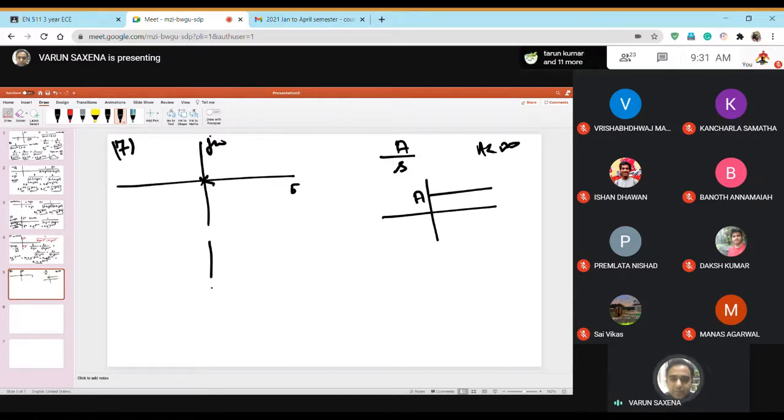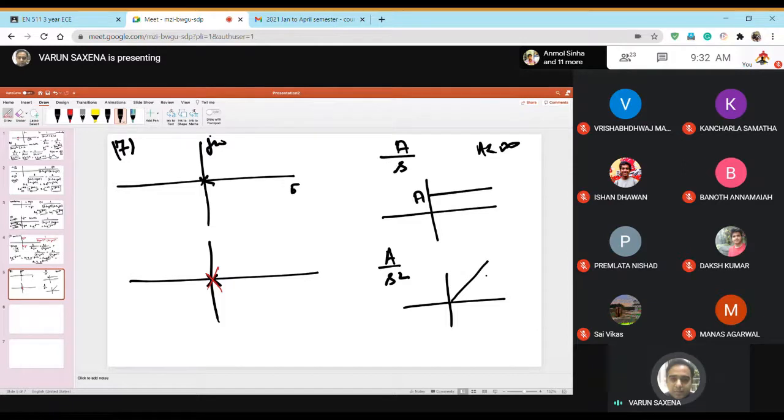But suppose you have, let's say, one pole at the origin and you have another pole at the origin, then what will happen? Then you have something like A over s square. And A over s square we know is going to give you a ramp. And ramp is not stable, right? Ramp is not bounded, ramp is unbounded. So this is going to be unstable, but a simple pole at the origin is going to be stable.